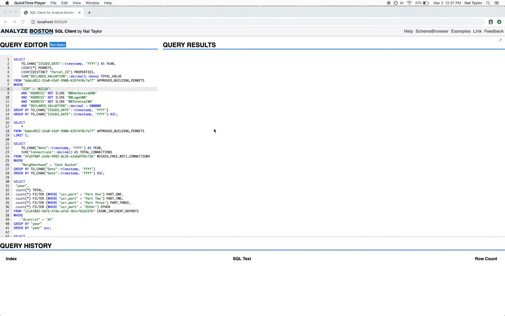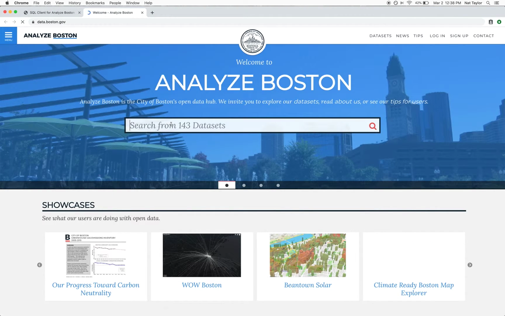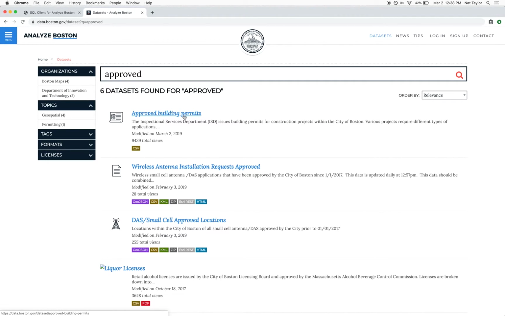Welcome to the Analyze Boston SQL Client, designed to simplify the workflow of running SQL against Analyze Boston datasets. When you come to the tool, you might not know where to start, but the basic idea is, if you're familiar with the City of Boston's data portal, it offers tons of datasets, not limited to approved building permits, which